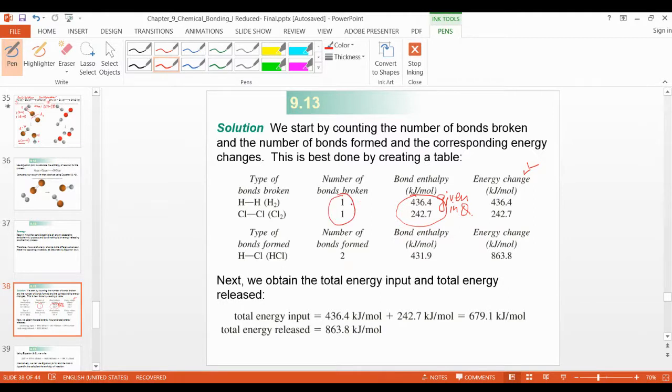How many bonds? This multiplied by this, you will get this. How many bonds are broken? This multiplied by this energy required, you will get this. So first of all, you should know how many bonds are broken. There is a single bond here. Only one bond is broken, so write down 1 here. How much is required, in kilojoules? This will be given in the question, so you select from there and write it down here.